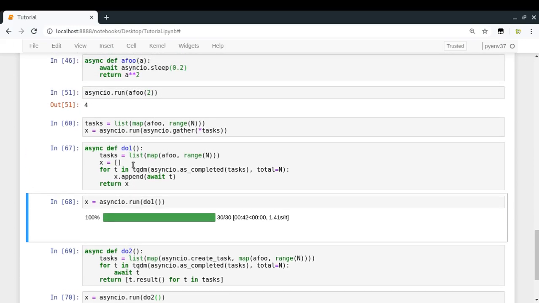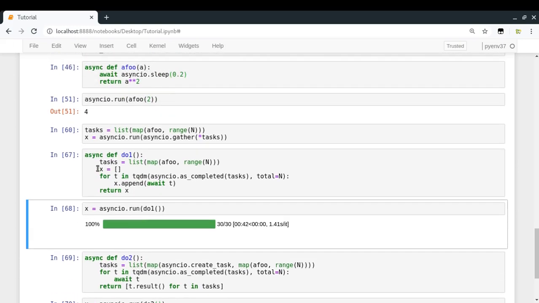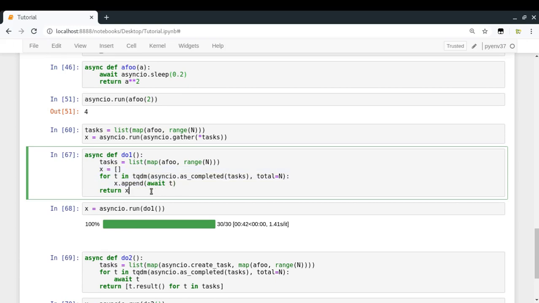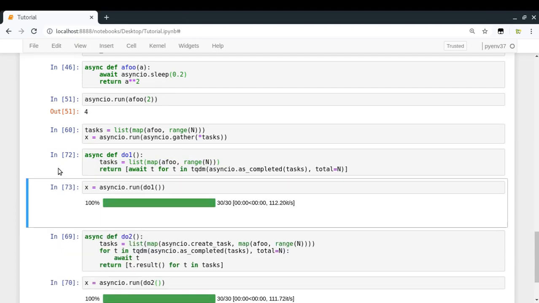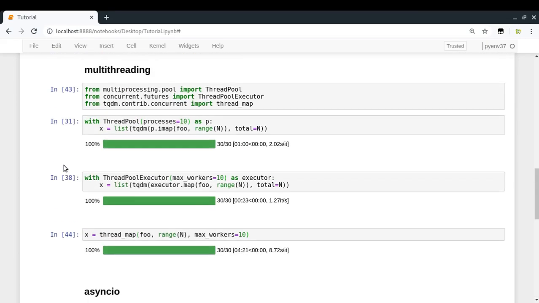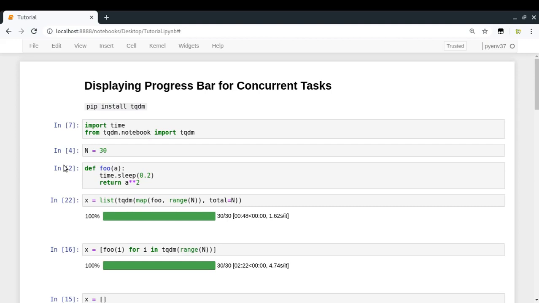Just one more thing before I end this video: I'm going to replace this much code with a list comprehension to make it one line and a bit more compact, which looks a bit better. So it will be await t for t in this thing. Just replacing it with that, and we are done. Okay, so let's test that again. So that's working, and it looks cool. We are able to generate the progress bar for all the different cases that we might have for concurrent execution, and that's looking fine to me.